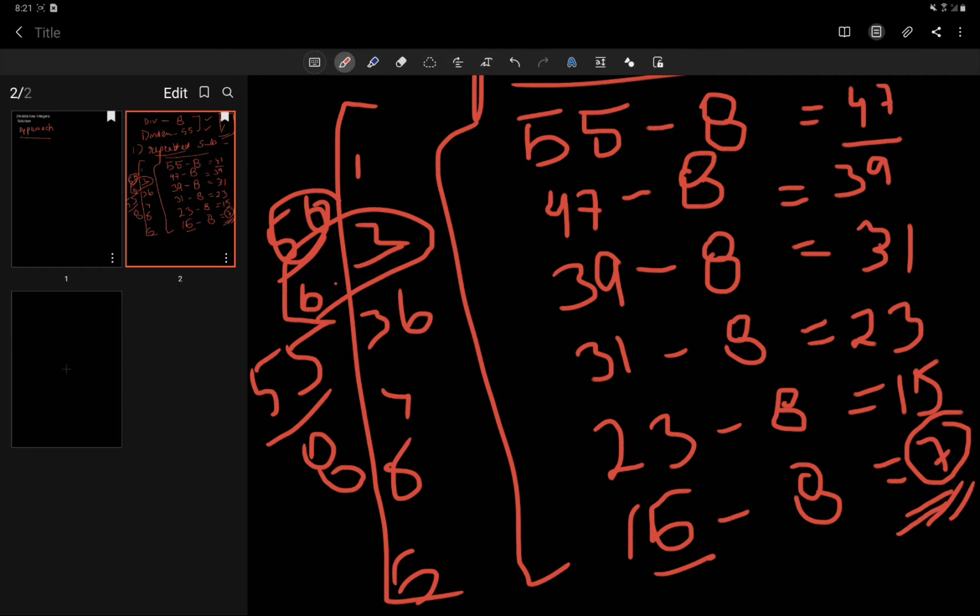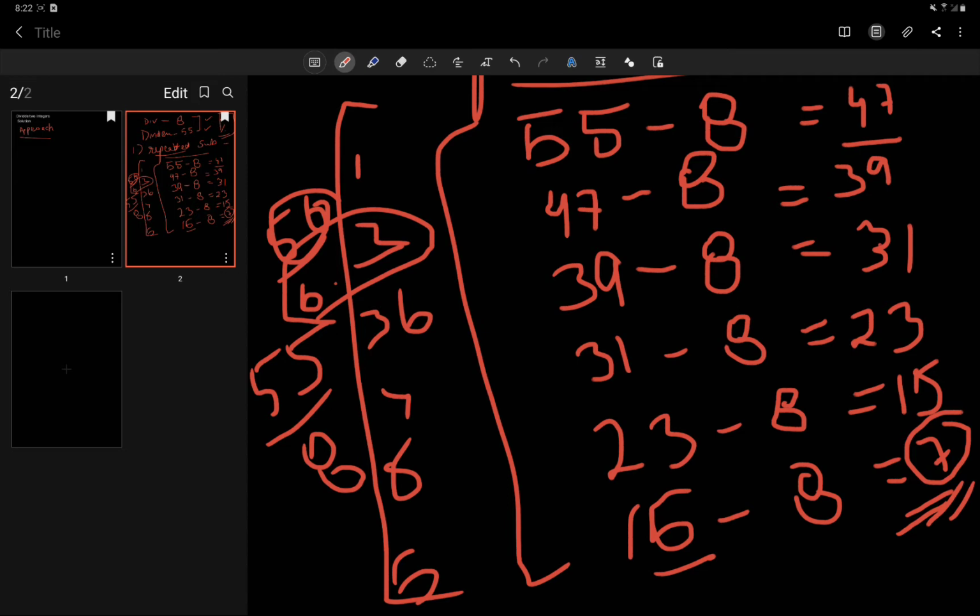Are you getting my point? Why are we subtracting it? Because to reach any value, as we read the table of 8, we say 8 ones are 8, 8 twos are 16. What are we doing? We are just adding 8 to the number. Suppose 8, then 16, then 24. That's how we read a table. But we think that we are multiplying it. But if we think deep enough, we are doing nothing. We are just adding the same number again and again. And the number of times we are adding it, we say that's its multiplying factor.